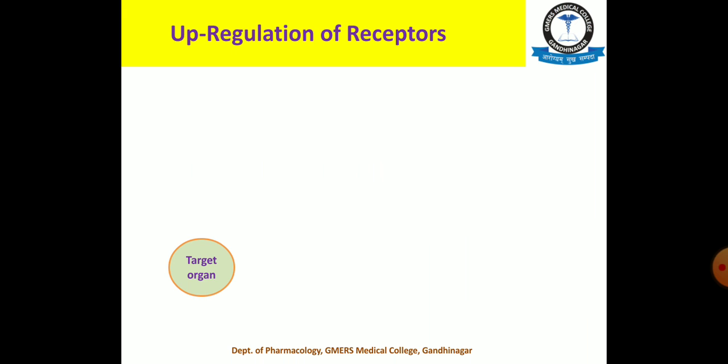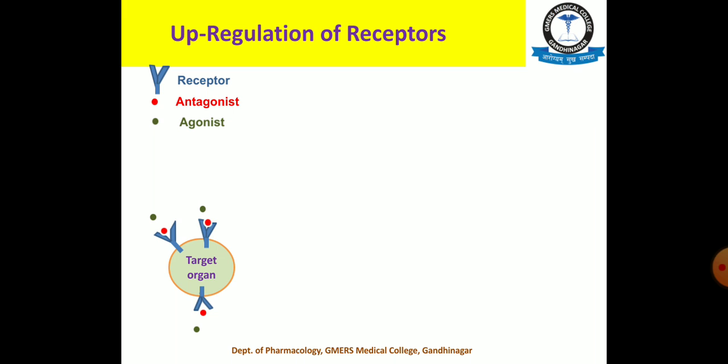Now, upregulation of the receptor. This is the target organ, and these are the receptors present on the target organ. Now we have given the antagonist or the blocker, so they bind with the receptor, and because of this the receptor is not going to be stimulated. It means the conformational change does not occur and the biological effect is not seen